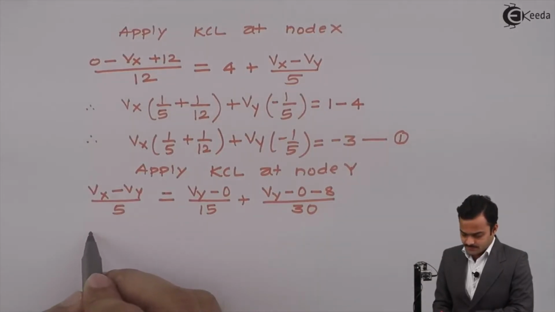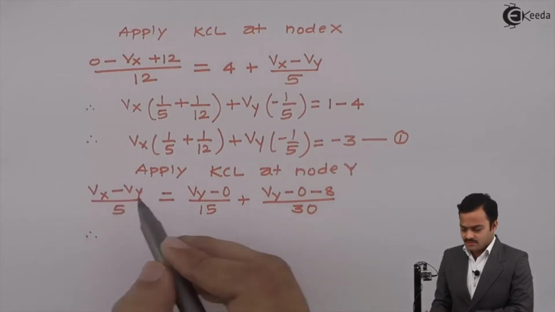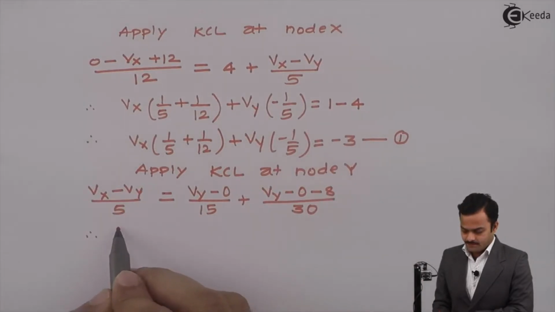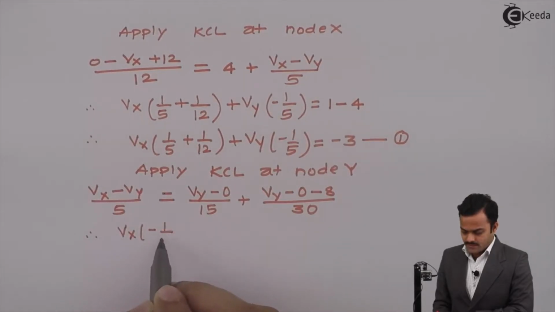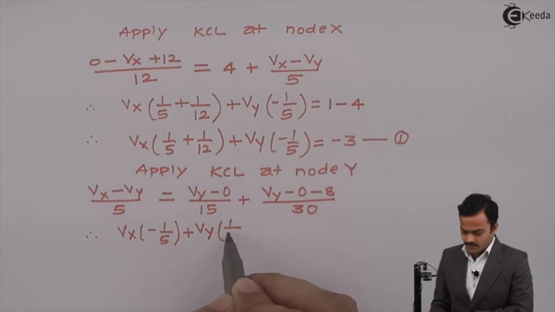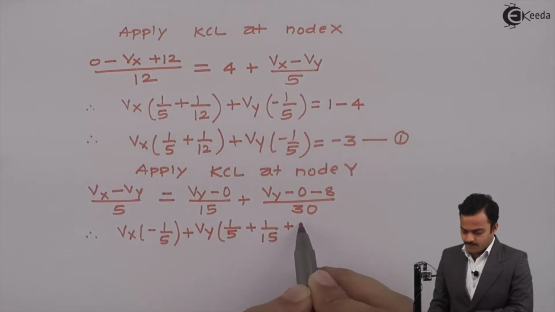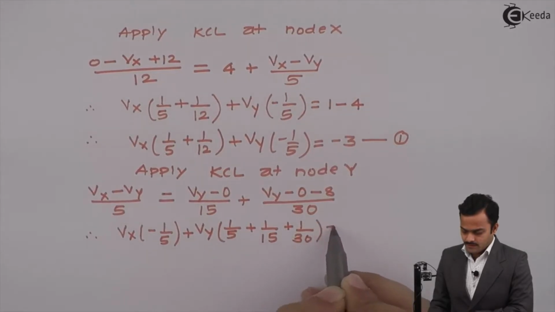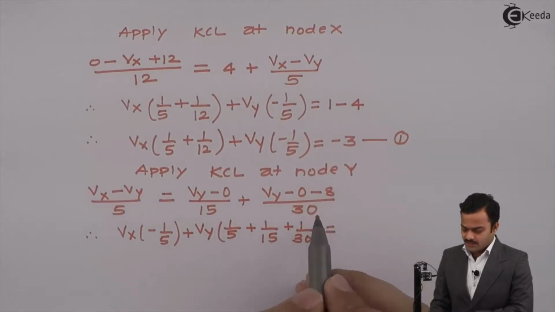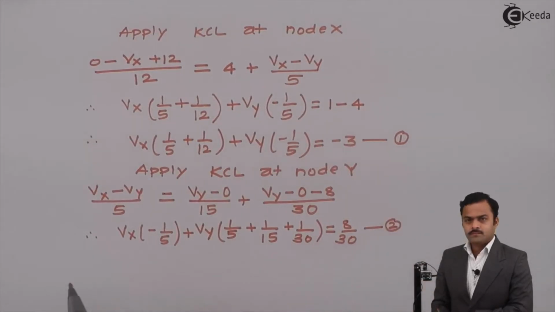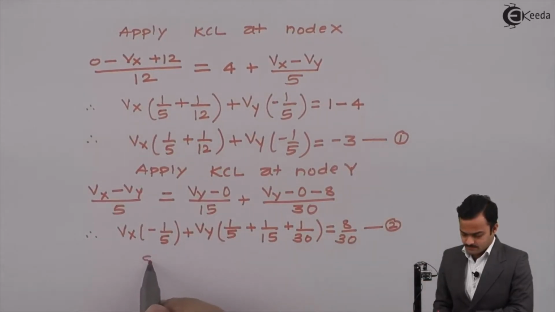Let's rearrange the terms. I will take all these terms this side and a constant which is minus 8 by 30 on this side. I will get Vx times (minus 1/5) plus Vy times (1/5 + 1/15 + 1/30), equal to the constant minus 8 by 30. If I take this side, I will get 8 by 30. Equation number 2. If I solve these two equations,